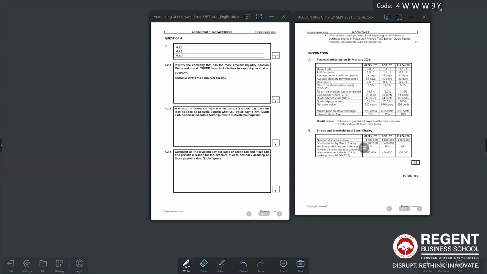Basically what I'm saying is that the debt equity ratio for Green Limited is fine. It is 0.6:1. It's clearly low. It's not risky. Now let's look at the return on total capital employed, ROTCE. Just make sure you get the right ratio and not something else. They've got your return on average capital employed,